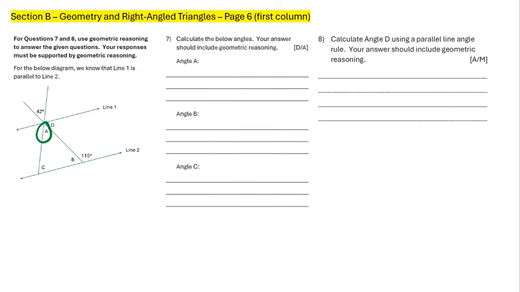You can see angle A over here, and we can see that is kind of opposite the 42 degrees there. So that means angle A has to be 42 degrees. You now need your reasoning, and remember you've got your reasoning sheet that you can always refer to, but the reason in this case is the vertically opposite angle rule, right? So vertically opposite angles